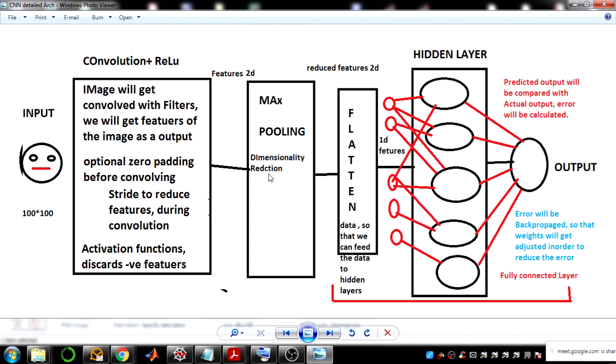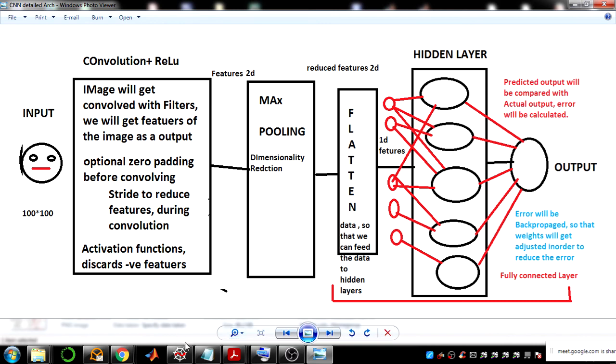Still it represents the image only, still it will be representing the input image. Then you will convert the 2D outcome to a 1D outcome so as to connect to the hidden layers, just like in the ANN. So this is the structure of your convolution neural network. Okay, they will have hidden layers, again the activation function will be there, then you will get a final outcome.